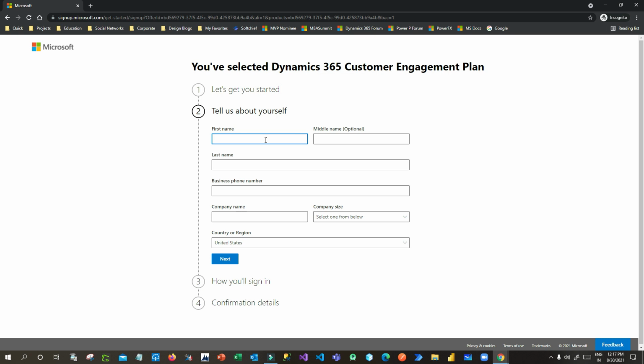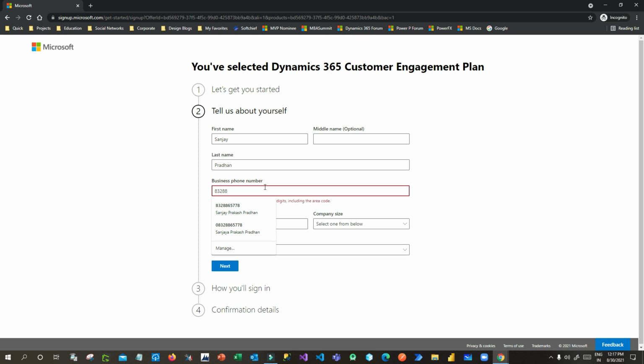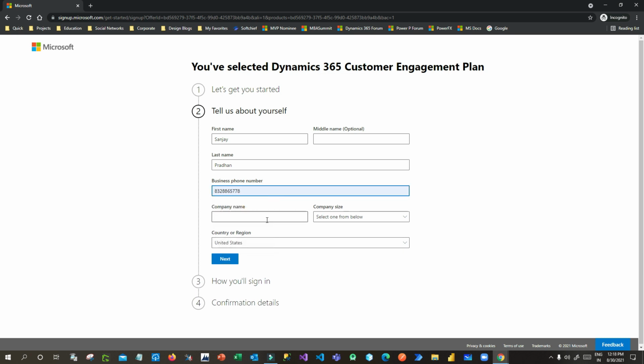I am using my email ID. I am giving my details, right? You have to give your details also in this screen. Okay, now here you have to give your business phone or the phone number which you want to use. I am using my phone number, and I can use, let's say, SubChief. So this is the company name you have to give. You can give your sample company name XYZ or whatever, and you have to provide the company size, let's say 1 person, and I would recommend choosing the country as United States.